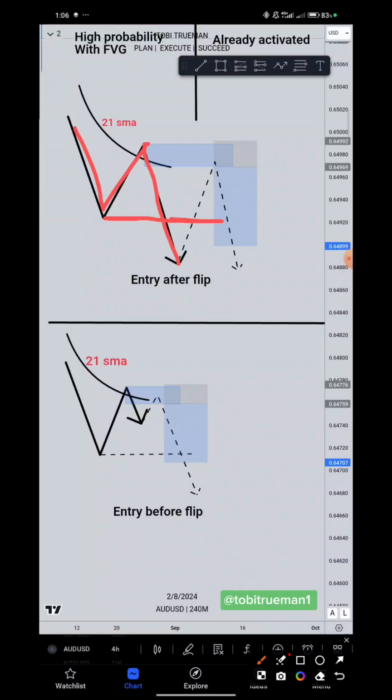But in this situation, we have at this 21 moving average, simple moving average, we have that our signal is already there. So what we want to do is to expect price to come to this our signal and activate our trade and take us along with it. Okay, that is because